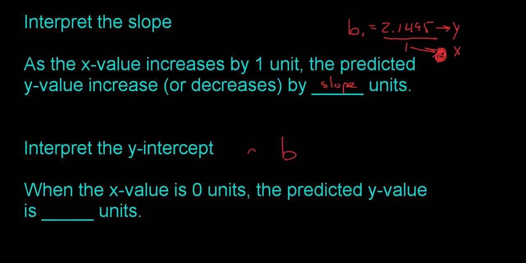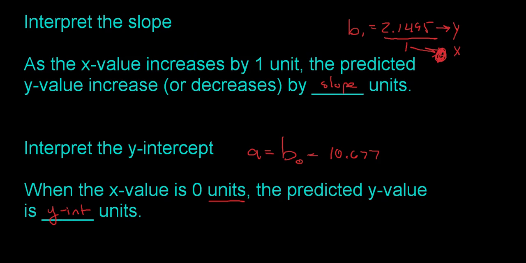The y-intercept again is a or b sub 0. For us, that was 10.677. The y-intercept is when the x value is 0, it's the predicted y value is blank units. So that is where you actually fill in the y-intercept. So in context, that would say when a train has 0 rail cars, the predicted fuel consumption is still 10.677